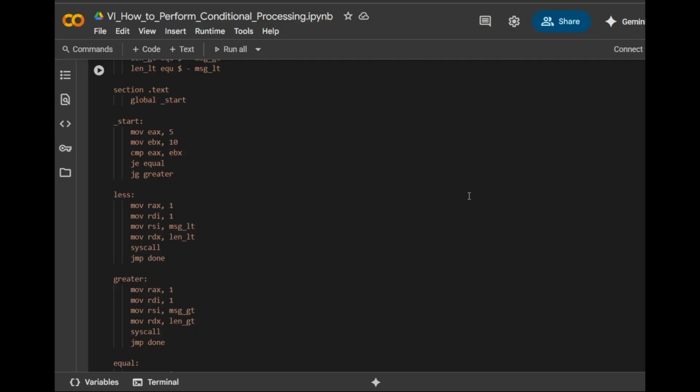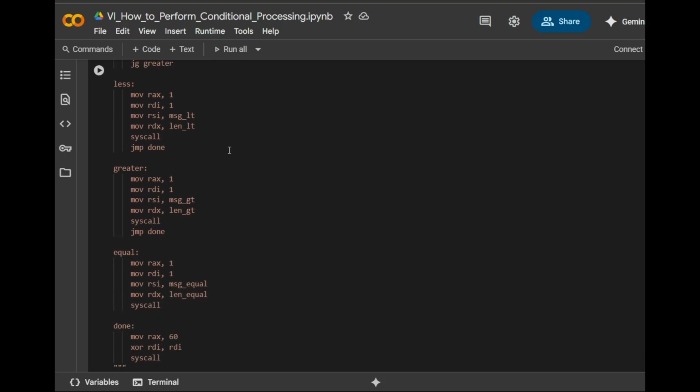JE equal. This jumps to the equal label if the values are equal. JG greater. This jumps to the greater label if the first value is greater. If neither of those jumps is taken, it means the first value is less, so the code continues to the less block. The less block uses a system call to print the less message and then jumps to the done